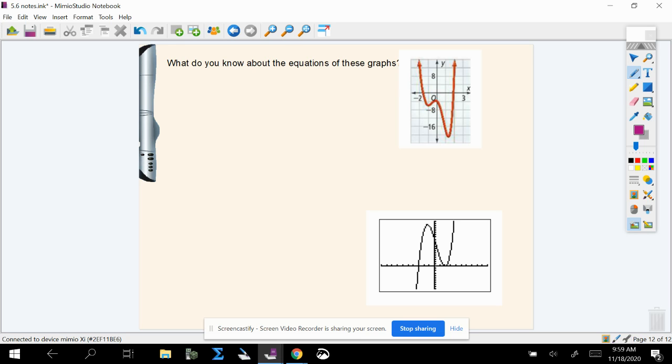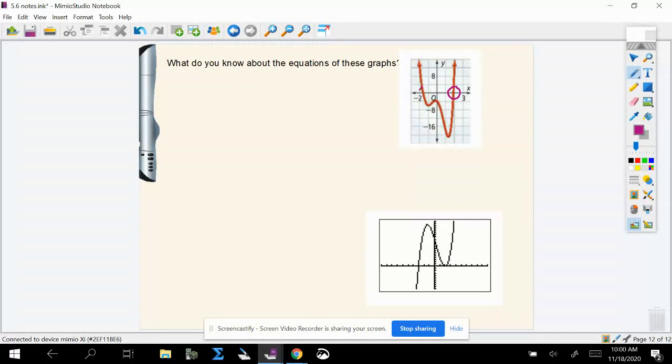This is going to be a really quick video just to summarize the visual part of 5.6. So if you're given a graph, some of the questions that can be asked, they can often ask about degree, they can ask about zeros. So if you look at this first picture, this red graph here, the first thing that we notice is that